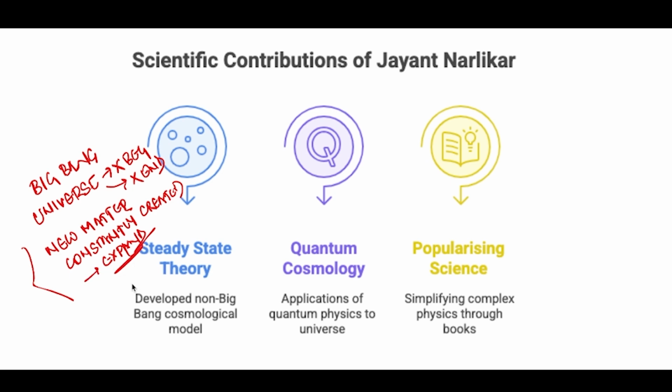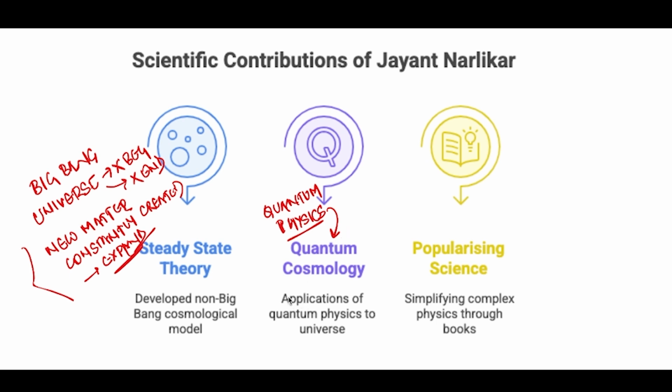You should understand that it is no longer the dominant theory, but it challenged mainstream thinking and led to better tests of cosmological models. It also introduced the idea of continuous creation, which was bold and unique. Then quantum cosmology, or blending the big and the small, was his second biggest contribution to the field of science. Quantum cosmology tries to apply quantum physics to understand the whole universe, especially what happened in the earliest moments after the Big Bang.